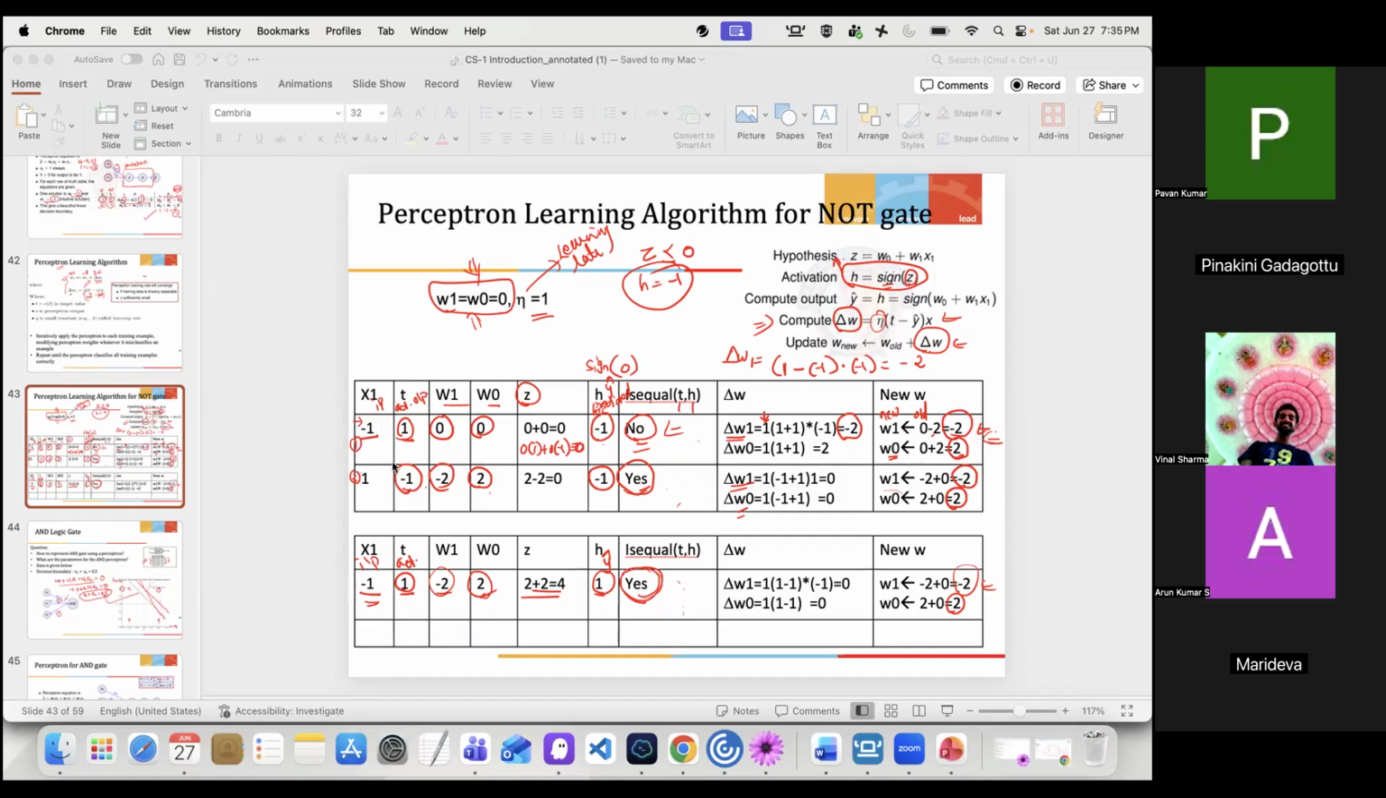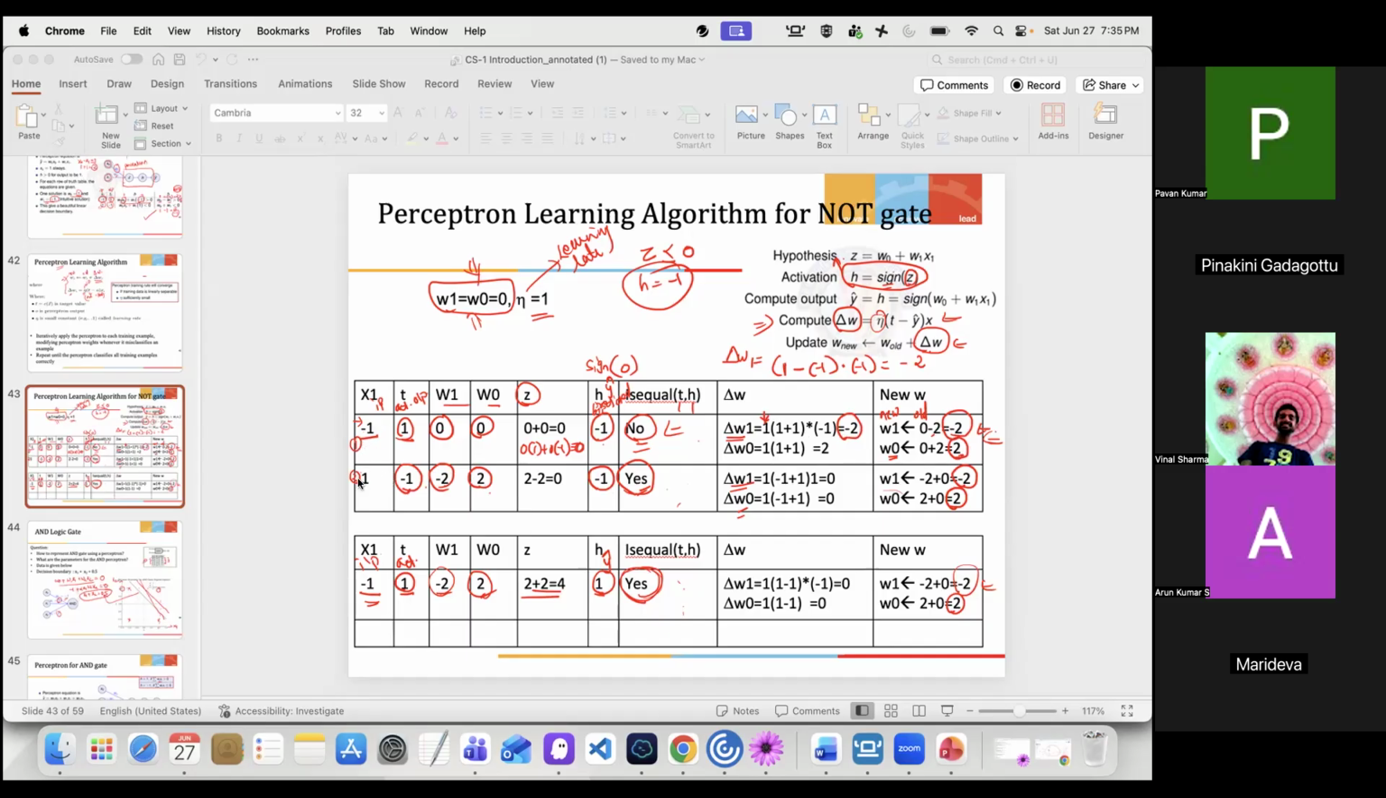Here, learning rate actually doesn't matter in this problem. So that's why they have kept it to 1. So you update the W1, and the same thing you can do for the W0 also. Okay, now you got the new weights -2 and 2. Now with that -2 and 2, you again do the same